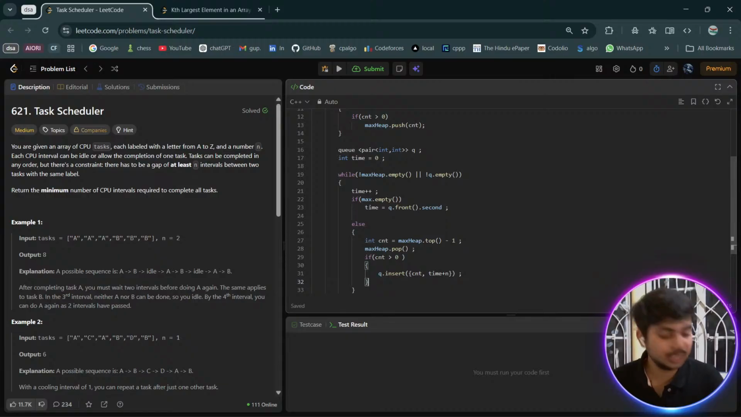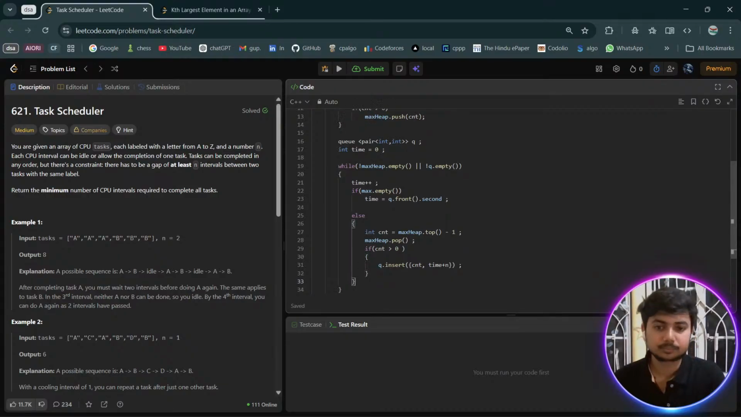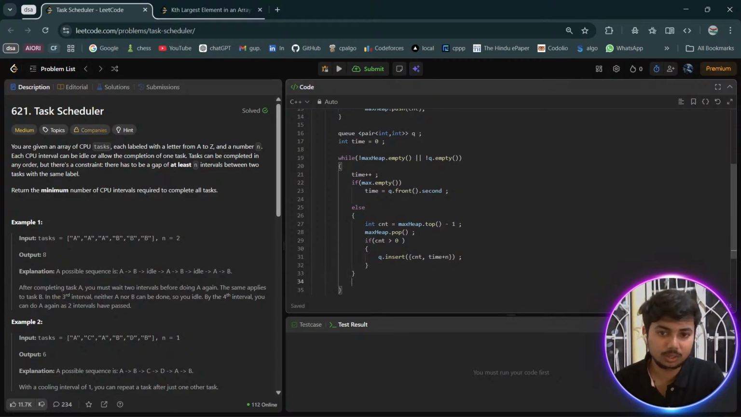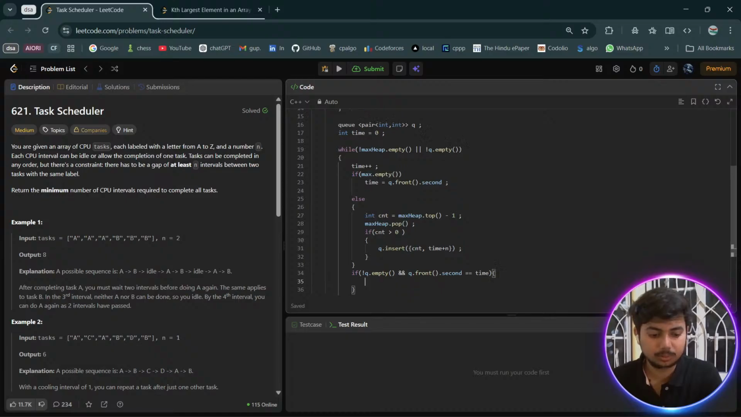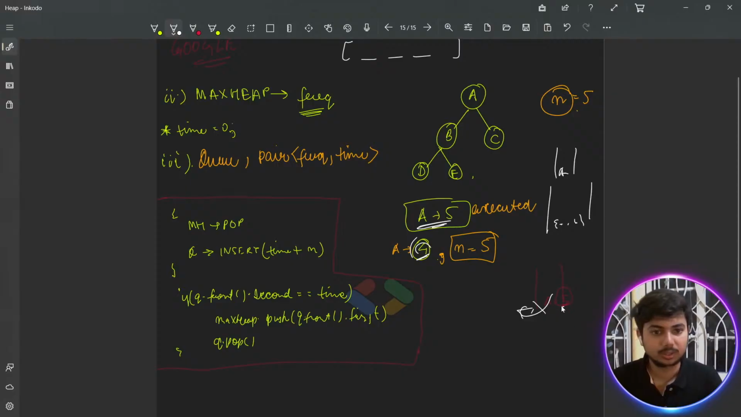तो अभी तो q में डाल रहे हैं, अभी q से कब निकालेंगे? when we are told that if our q is empty and then q dot front dot second equals to time। पहले तो q empty नहीं होना चाहिए, और q का फ्रंट डॉट सेकंड मतलब ये पार्ट कि a 5 हो